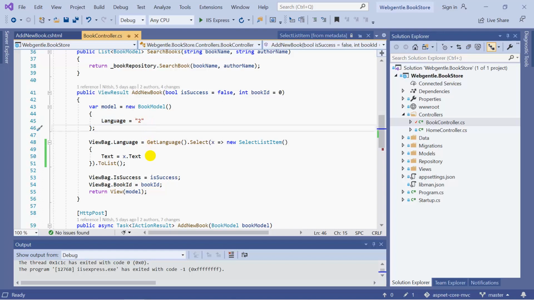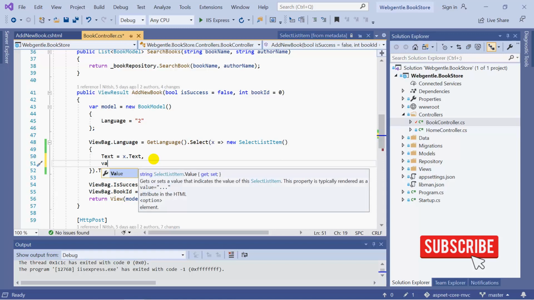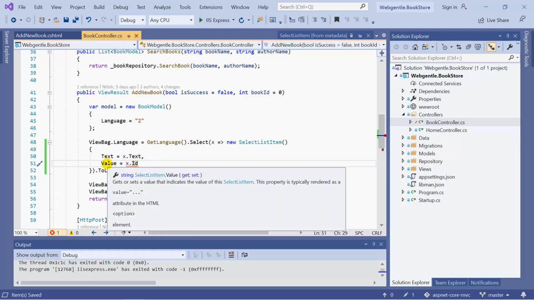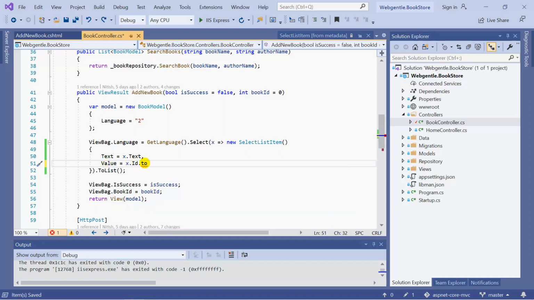Let's focus on this value as well. Right now, suppose we are using only the text data. There is no value in the drop down. If you want to select the default property, then you can assign the text over here. Suppose you want to display English as a selected value, then you can use English over here. Now let's learn how we can pass the value property. Let's put a comma, and here we use the value property, and this value is available in the ID field of the get language data. So we can use x.id. This id is an integer, and this value expects a string. We can convert this integer to a string by using this toString method.